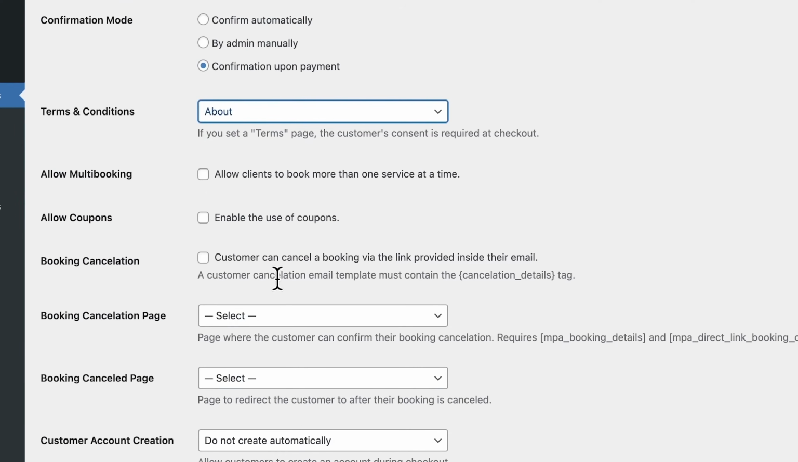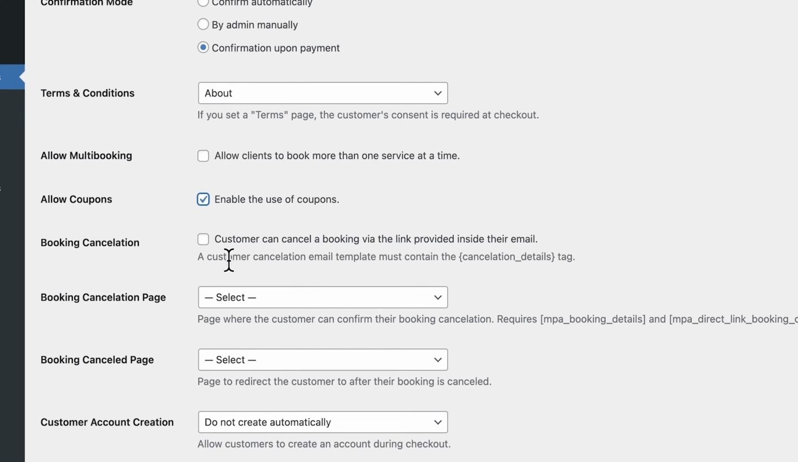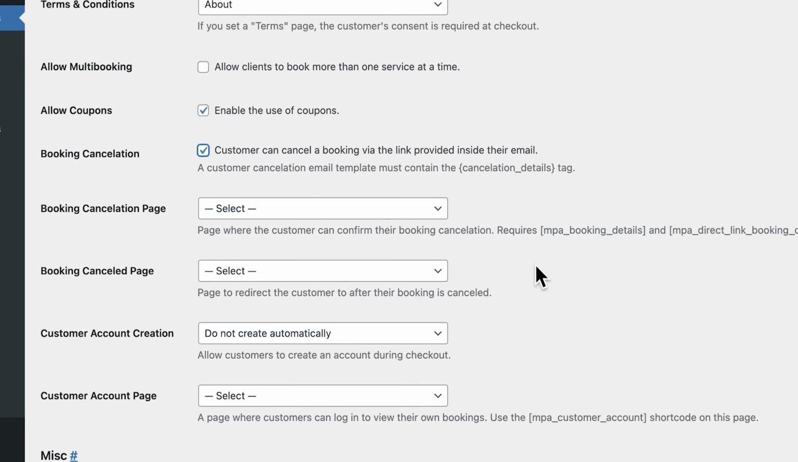If you want to allow multi-booking so that clients can book multiple appointments at the same time, you can check this. You can enable use of coupons. Also, you can enable booking cancellation so that people have the option to cancel their bookings. And then you can set the booking cancellation page. The page it will take people to once they click cancel booking, and then booking cancel page, which is the page they'll be redirected to after they have canceled their booking. Maybe a page just to confirm that the booking has been canceled successfully. So I'm going to use the default,